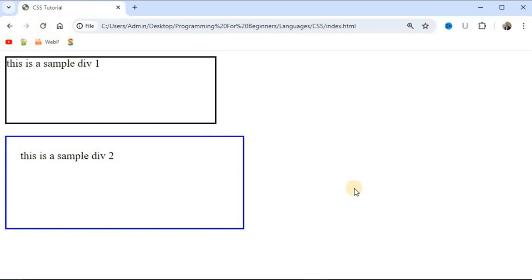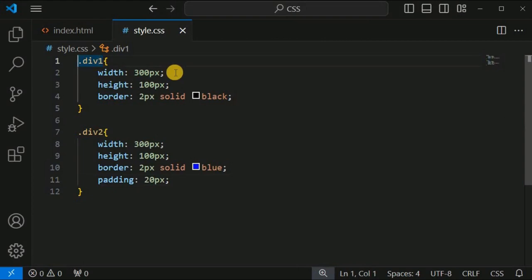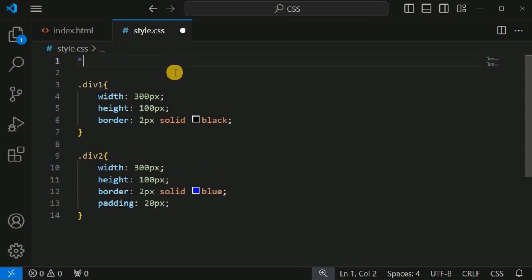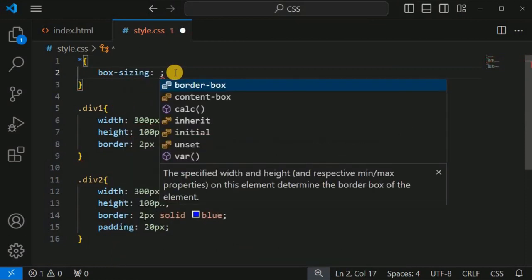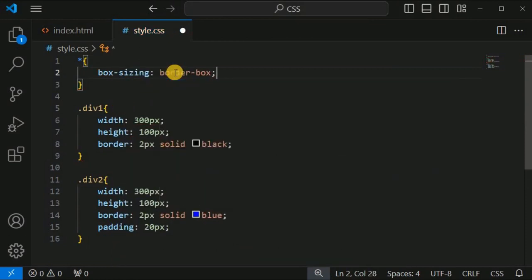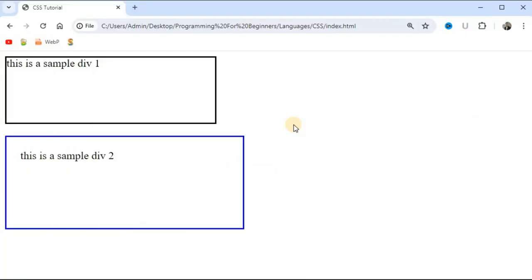Without the box sizing CSS property, you will notice that the dimensions are different, but simply you can have the universal selector over here with the help of the star, and then in this case you can simply provide the box sizing to all the CSS selectors over here. So simply with this particular single line of code within the universal selector, the dimensions of all the HTML elements